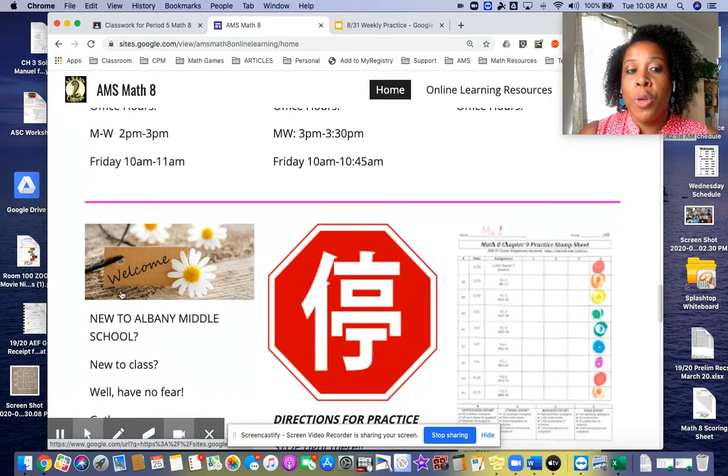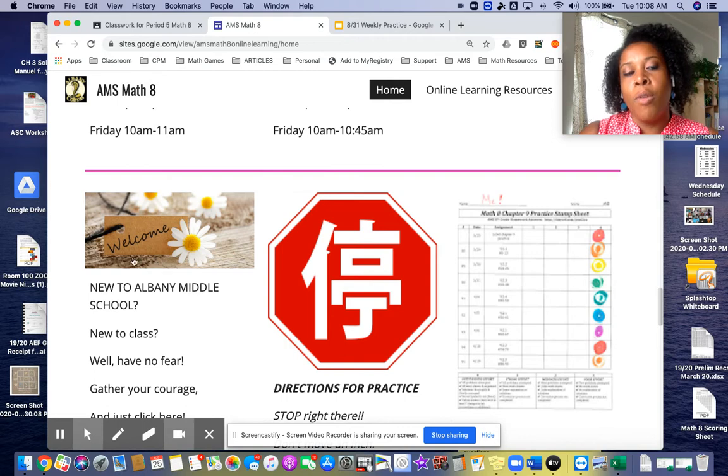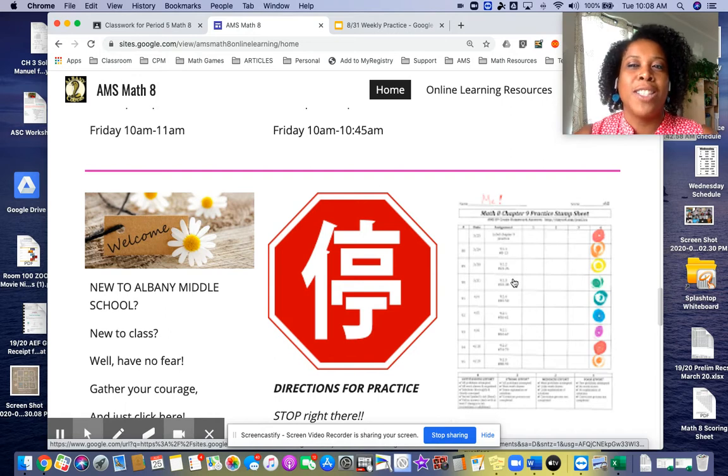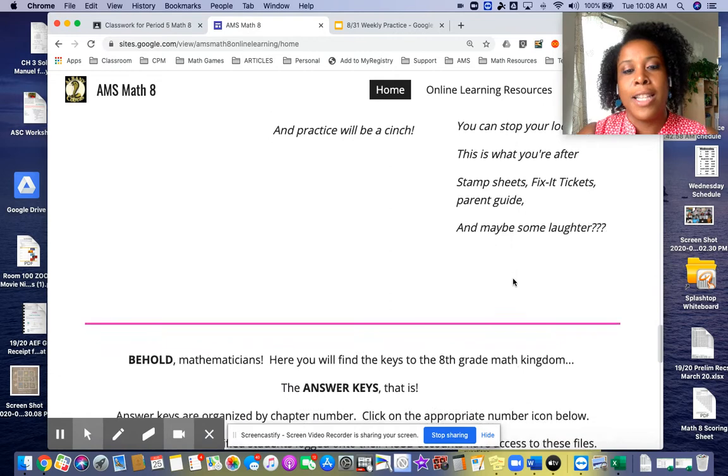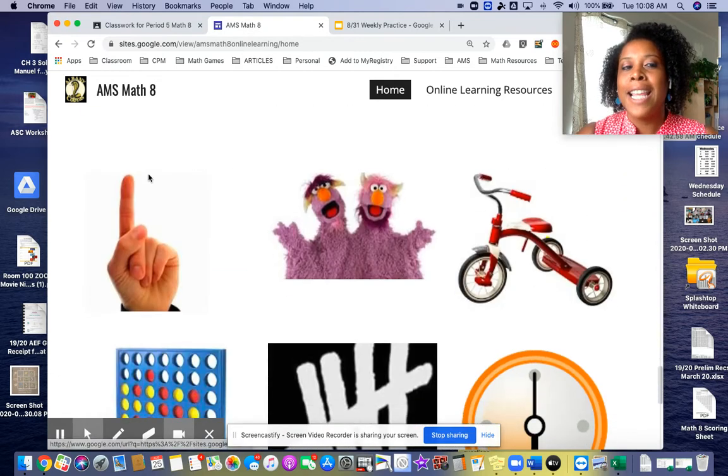Then if you're new to Albany Middle School, we invite you to check out this welcome tab. Here's directions for how to do your practice, and then all your stamp sheets or assignment sheets, since we're doing online learning, will be here for this tab. Keep going down, and then you'll notice you'll find all of the